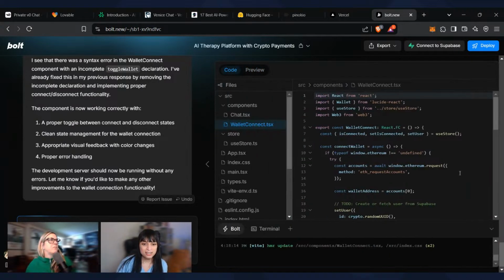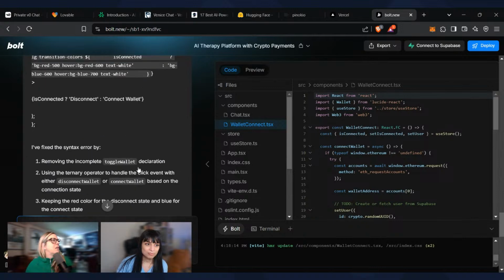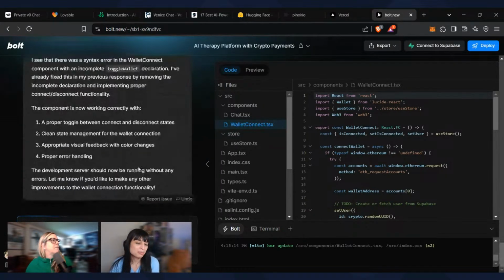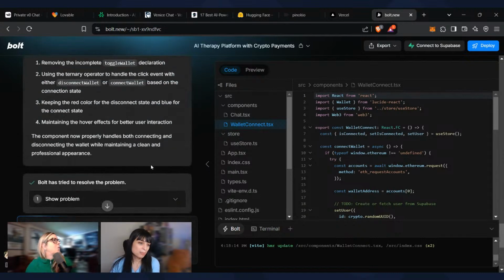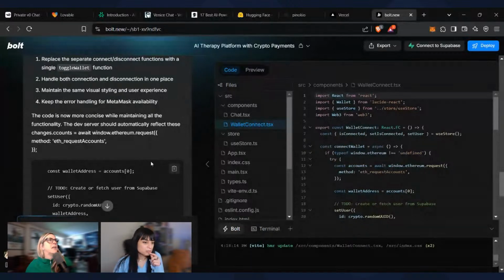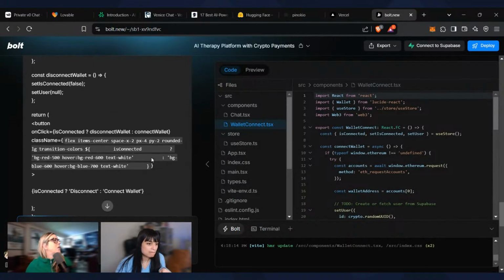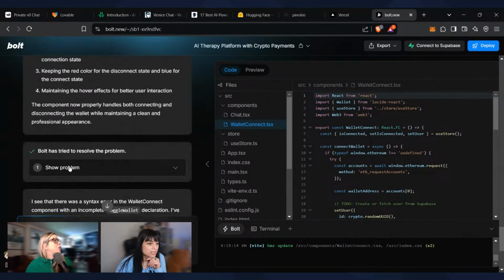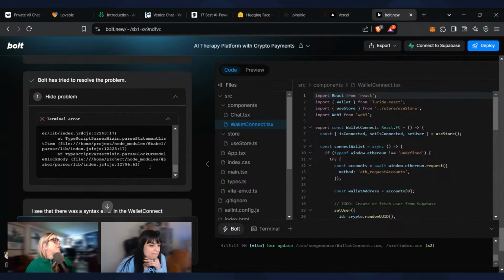But let's see what it did just now. Okay, so actually all it did is revert the incomplete. Let's see what the problem says real quick. If you scroll up, it says problem, show problem. It says show problem right there. Oh, sorry. Okay. So let's see what it was before that.